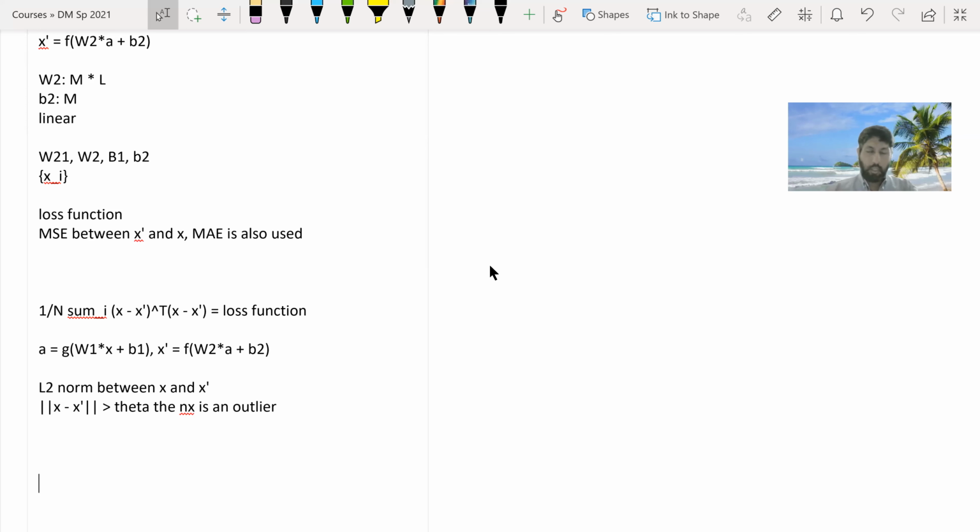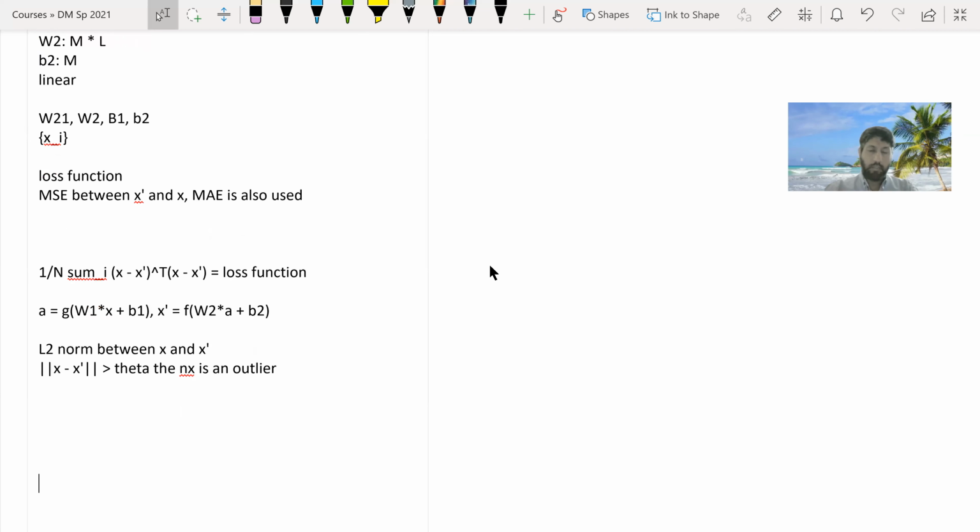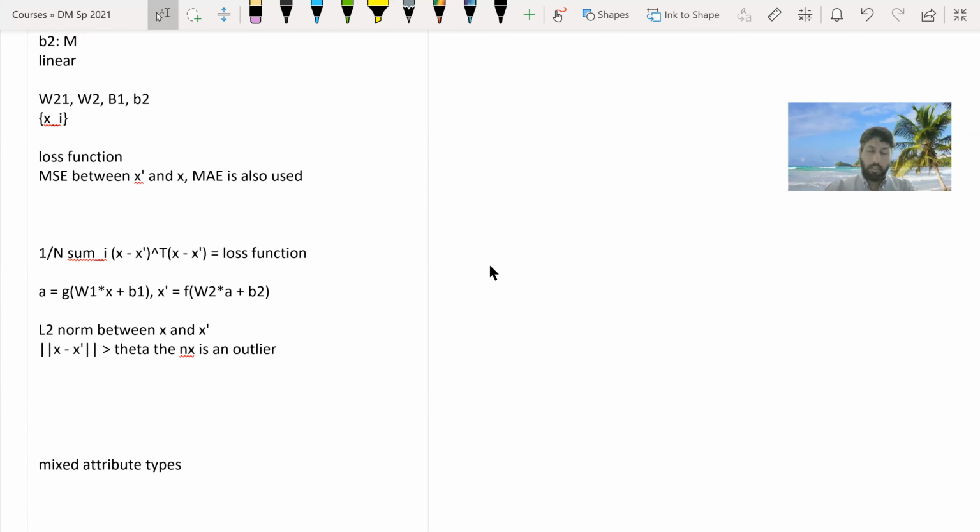So this approach has become more popular in recent years in the industry. The reasons for that are, as I mentioned before as well, that mixed attribute types can be handled easily. It can work with high dimensional data, and you have a whole arsenal of techniques and tweaks from the neural network domain that you can apply. So the network that I showed you was a simple feed forward network, but the essential